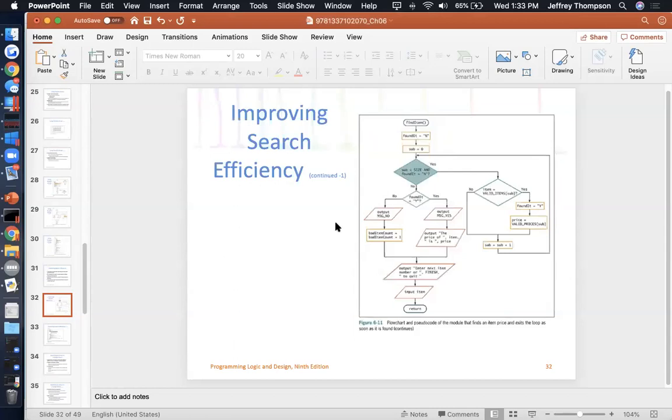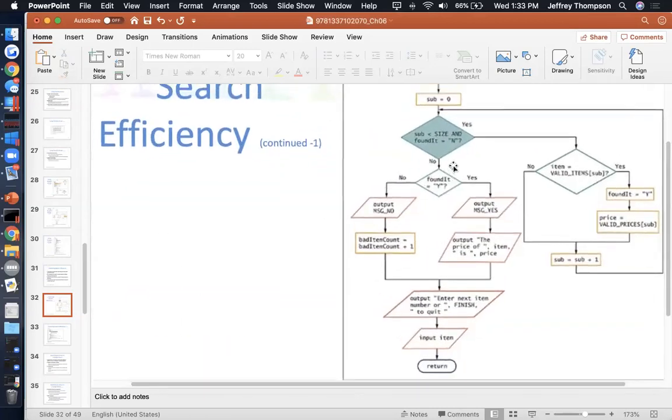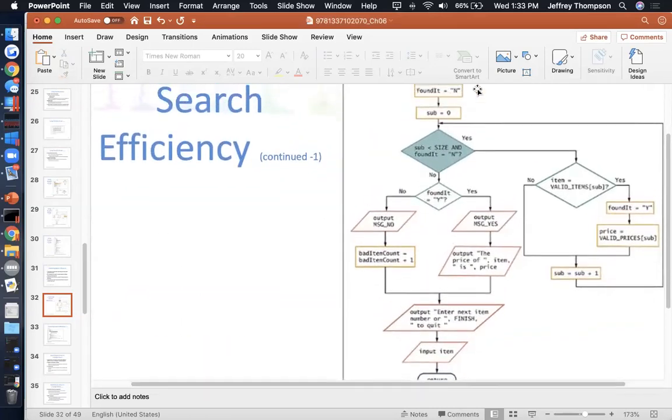Are they going to give us an example of that? Here they have a variable called founded, and they set it equal to n. And then when they finally do find it, they set it equal to something else. I sort of did the same thing in my search example, but